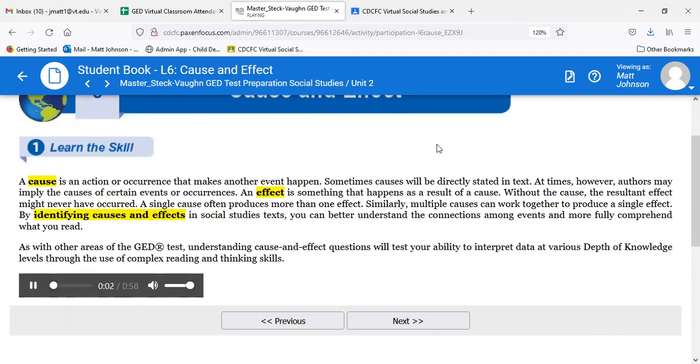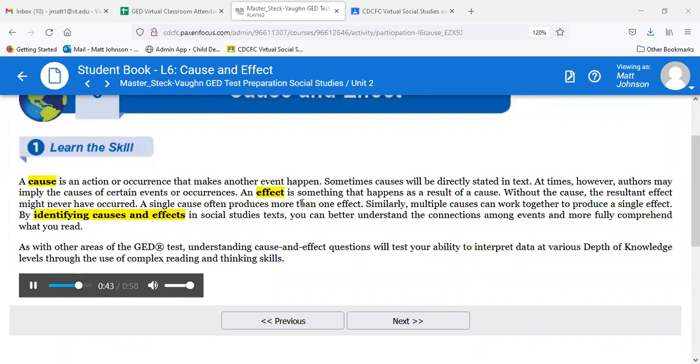A cause is an action or occurrence that makes another event happen. Sometimes causes will be directly stated in text. At times, however, authors may imply the causes of certain events or occurrences. An effect is something that happens as a result of a cause. Without the cause, the resultant effect might never have occurred. A single cause often produces more than one effect. Similarly, multiple causes can work together to produce a single effect. By identifying causes and effects in social studies texts, you can better understand the connections among events and more fully